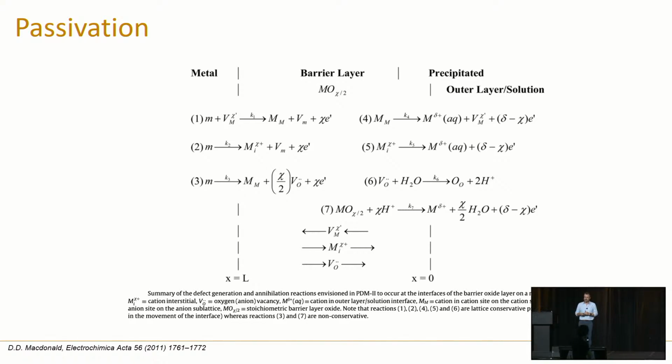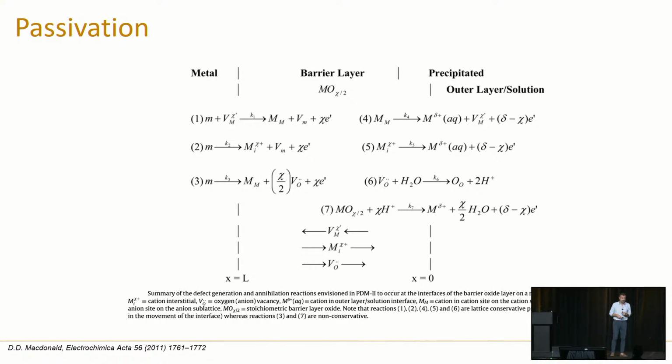and I don't want to be biased, because at this point when this was developed, it wasn't the best rationalization, but we'll get to that in a little bit. But a more complicated rationalization of passivity was given by this point defect model, which was conceived by a guy called Digby MacDonald, who was at Ohio State and then moved to Penn State. And he's been working on this since around about 1980. This just came from one of his reviews.